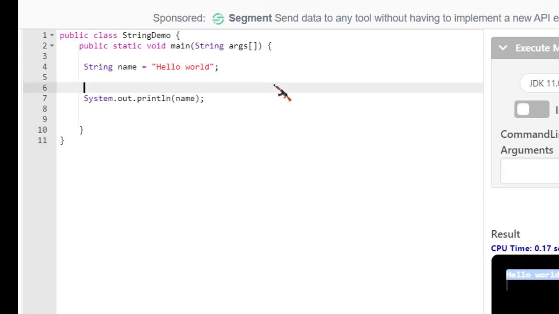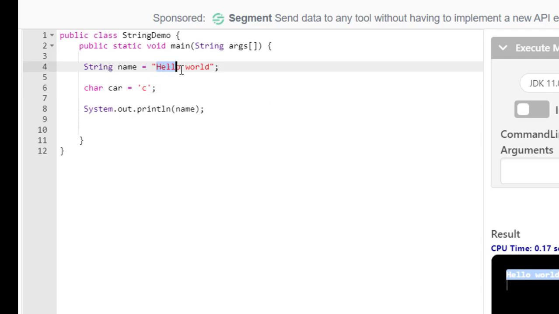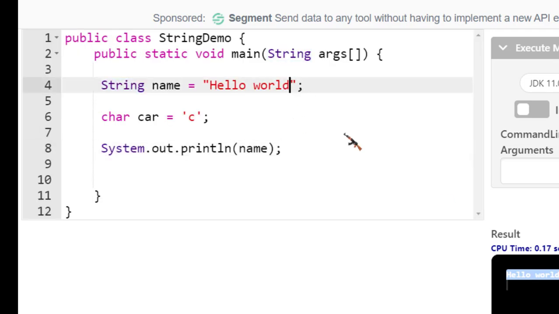As I told you, if you want to assign some character, then we can go with this char data type. So we can assign a single character like C. So whenever we want to assign only a single character, then we have to use this char type. Or whenever we want to assign some words or some sentences, then we have to use this string. And one thing you have to notice is that in this string I use double quotes, and in the char I use single quotes. So that is the identification of the string and char.